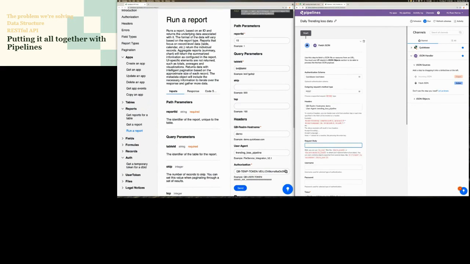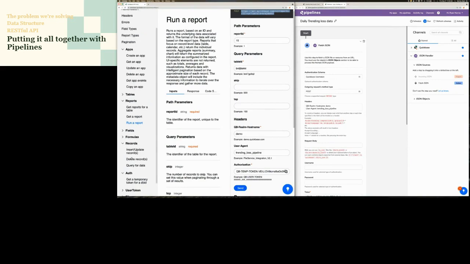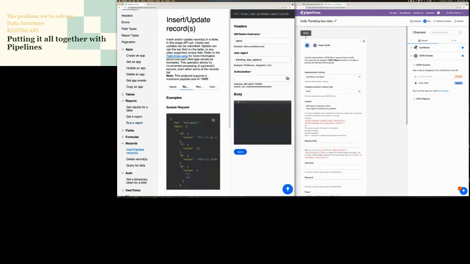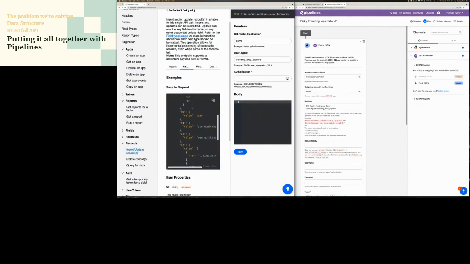But if you wanted to use the JSON channel maybe to upsert some records, you could. Let me show you what the body might look like here, and one of the advantages of our RESTful API over our XML API. In this case, this request takes a body as part of its parameter, and we'll give you an example of what this looks like. We're going to upsert records into this table. Here's what the data looks like: in field 6, we get "this is my text." In field 7, we get 10. In field 8, we get this date stamp. And you can copy this and fiddle with that in the body parameter over here and even in